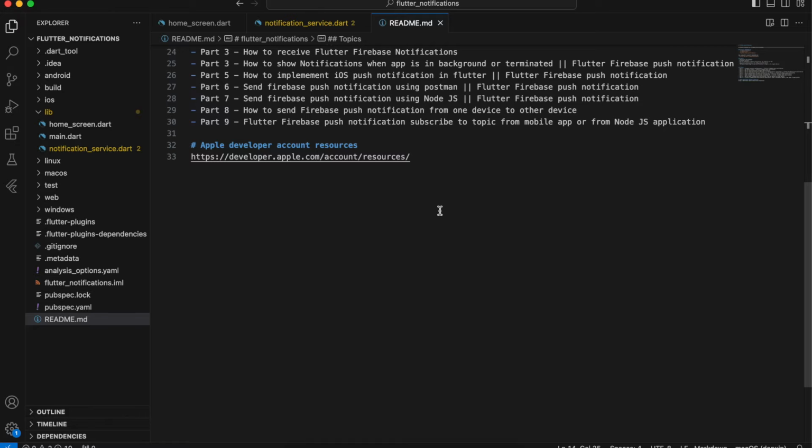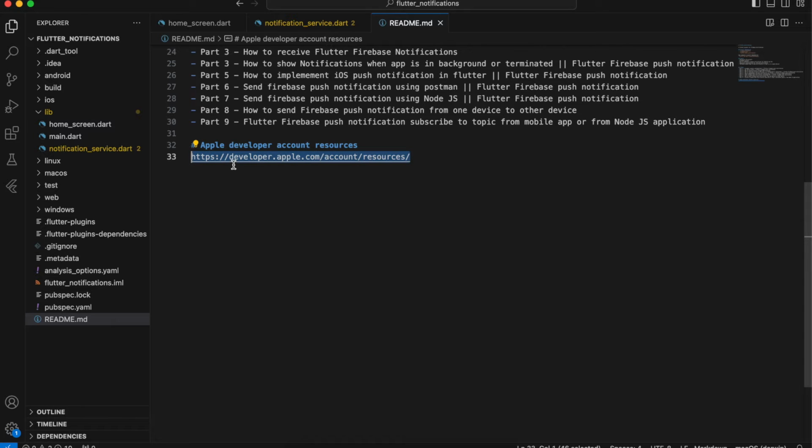Another thing I would like to mention: if you are working for a client, then the client may have the Apple developer account to publish their applications. Then they can invite you to this account so that you can work on that account in order to build the applications, right? I'm assuming that you have the Apple developer account, then you have to go to this website,